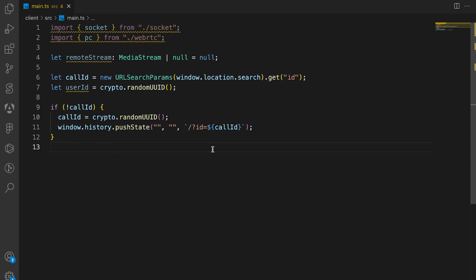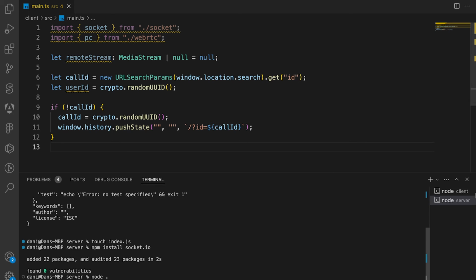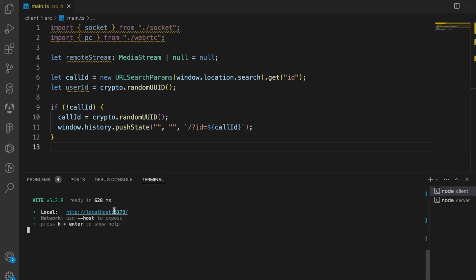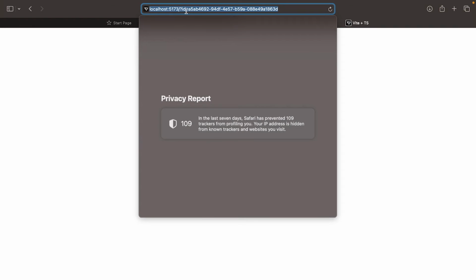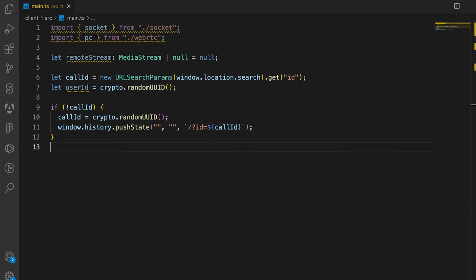Just to see this play out, we're going to open up the web server right here, like this. You can see that if you go to the link, we're automatically relocated to a place with an ID. So now we can close the terminal. And then the next thing we're going to do